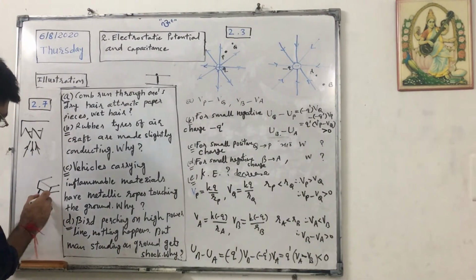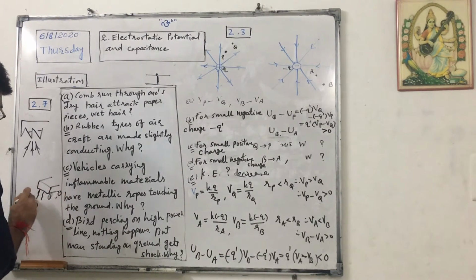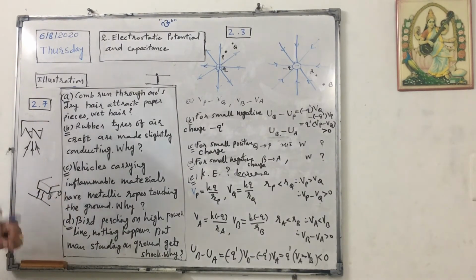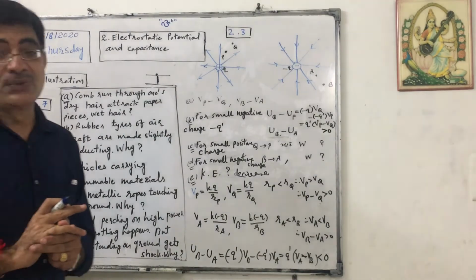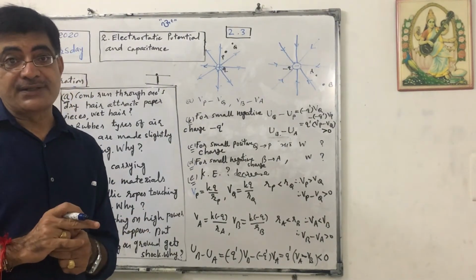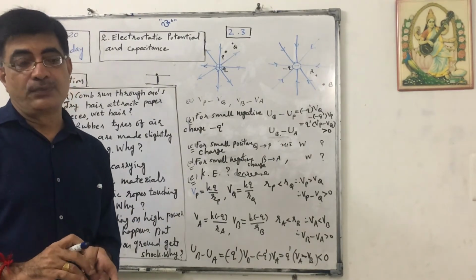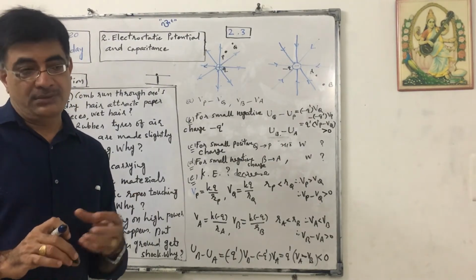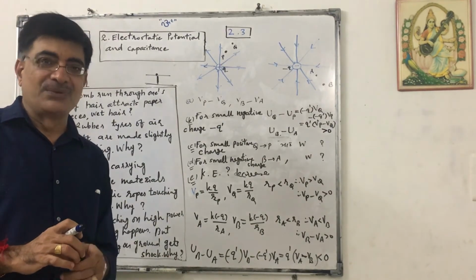Touching ground, metallic rods, okay? Touching ground, because same reason, okay? Because it is carrying inflammable material, so one spark may cause dangerous accident, okay. So in order to pass on the charge produced due to friction, okay, to the ground,